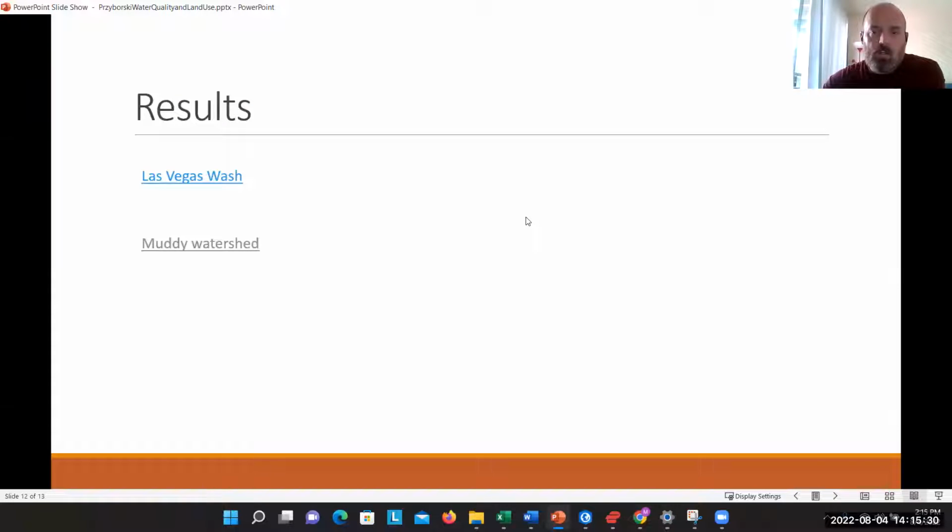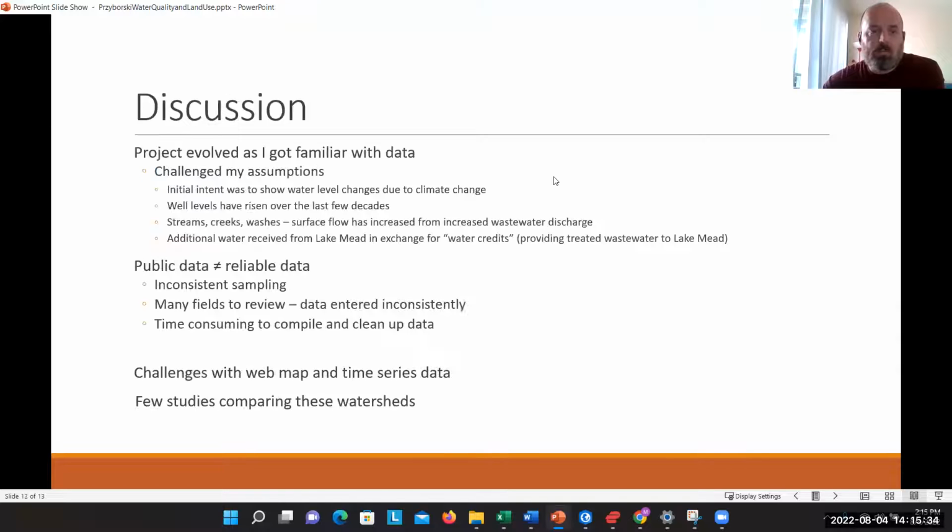Okay, so those are my final products, the capstone. Just a few quick discussion points that I want to point out. This project pretty much challenged all my assumptions of what was going to be happening in these watersheds. So I think what I learned from that was to follow the data and not go in with a results-oriented mindset. I thought this was all going to be showing water levels dropping and water quality decreasing dramatically due to